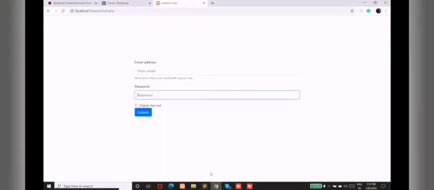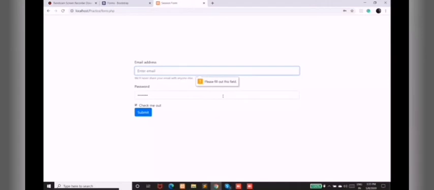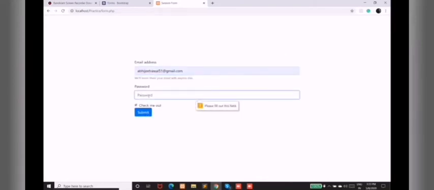So here we can give a demo. I'm not entering this one. For now I'm just entering this password, checking this and submitting. You can see this field is flagged. Now I'm entering something here, and you can see it says please include an @, it gives an error message. Now I'm not entering this also, I'm entering this. You can see please fill out this field. Now I'm not checking this one but entering a value here.